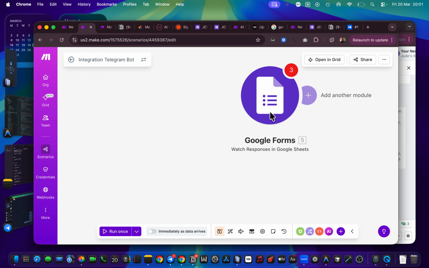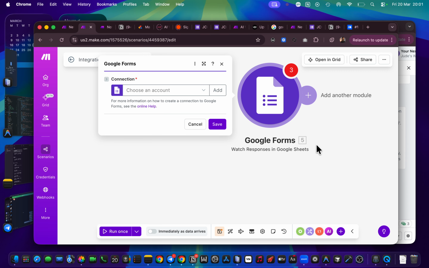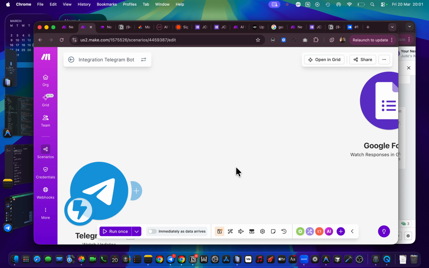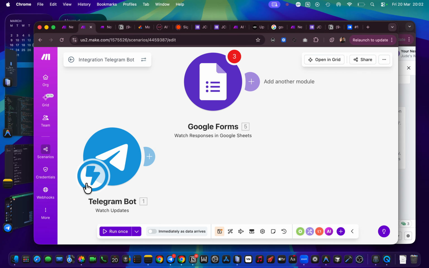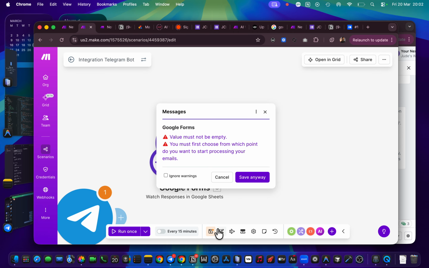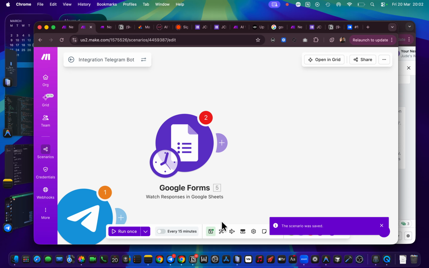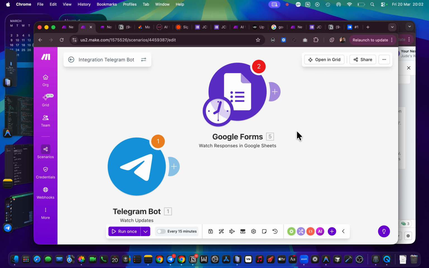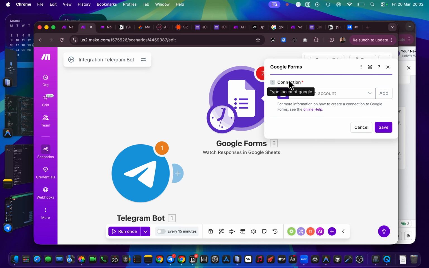If you see, this only has one account, and the way we can know if it works is you take this trigger. This particular circle is called the trigger. This is what first kickstarts before the other modules run. It's the thing that starts the whole execution itself. So you can drag it here. Does it have the same thing? Does it have anything like immediately? No. That means it's not a webhook. Obviously, it doesn't have webhook here.